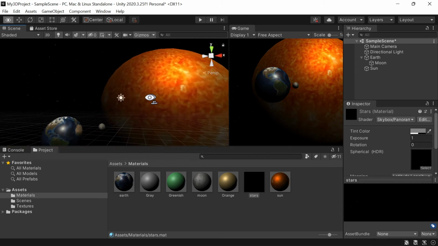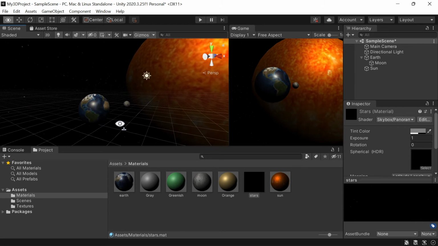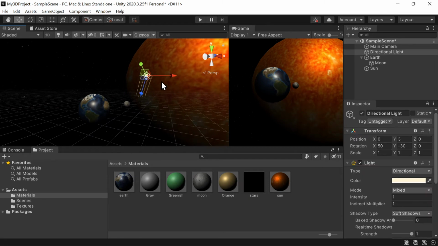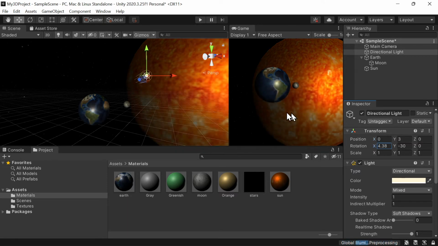All right, looking back at our scene here, the last thing I'm going to change is the light. So, the directional light: the position of the light doesn't really matter. Maybe you feel like, well, we nested the moon in the earth, we could just take the light and nest it in the sun, but that would really just adjust the position. It doesn't change anything for the light. The angle, the rotation, matters a lot. So we can bring it up